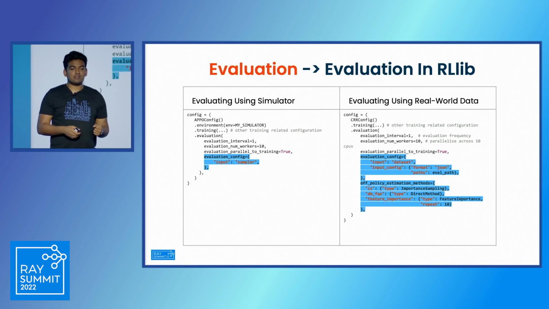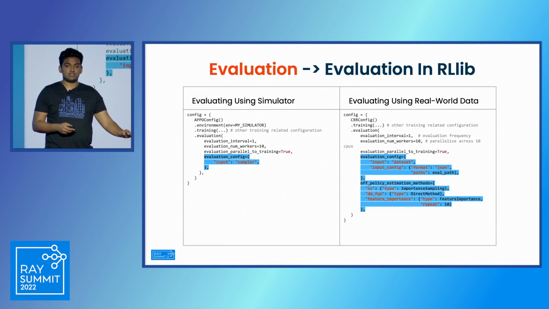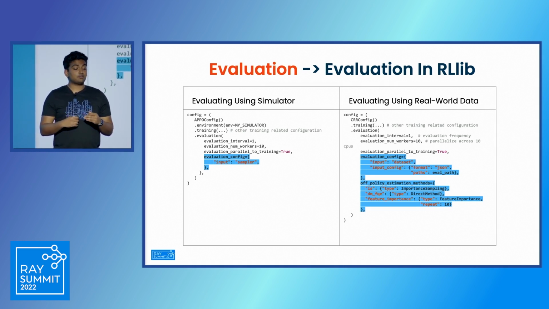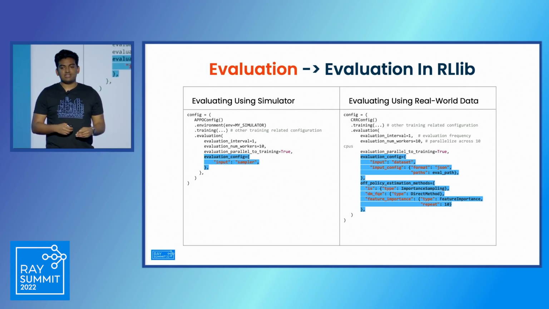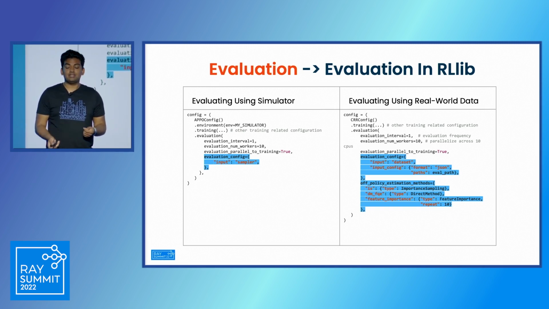And then finally, similarly for running evaluations in RLlib, on the left side, I show you the code for running your evaluations in a simulator. The code on the left side is actually implicitly already there. I've just put it in for the sake of comparison. But on the right side, I show you how you can load your own data set for evaluation and then express different methods of counterfactual policy evaluation. We've implemented 4 functions here so far: importance sampling, weighted importance sampling, doubly robust method, future importance. But it's very easy to import one of these, extend them, and then pass it on your own. So if there's one that you haven't found, you can definitely implement it yourself.